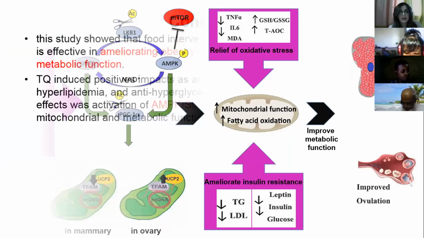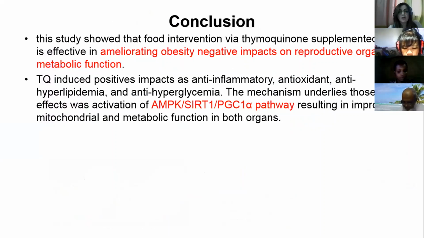Our conclusion showed that the food intervention via thymoquinone supplemented diet is effective to ameliorate obesity's negative impact on the reproductive system and improve metabolic function. And TQ induced this positive impact as anti-inflammatory, antioxidant, anti-hyperlipidemia, etc. And the mechanism underlying those effects was activating the AMPK SIRT1 PGC1 alpha pathway, resulting in improved mitochondrial and metabolic function in both organs. This study is the first, as I said, that reports this discrimination in TQ dose effect